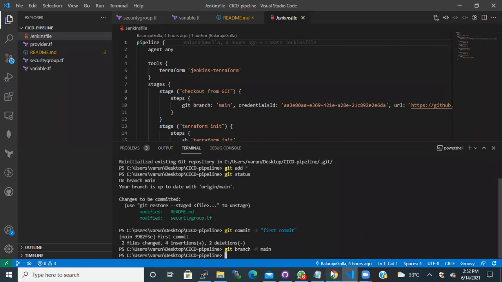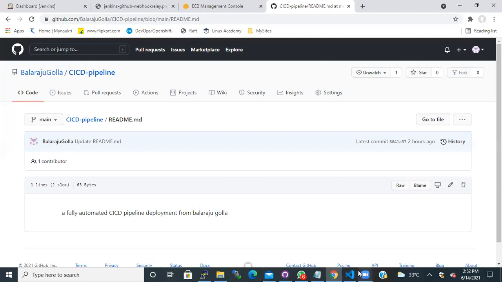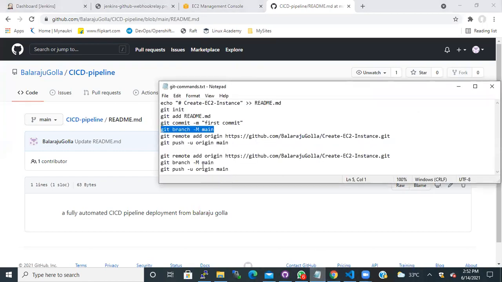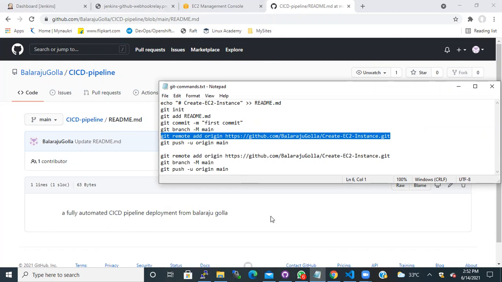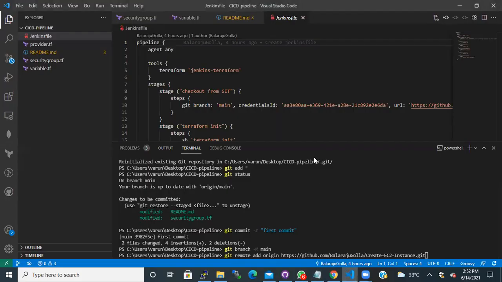In case you have different branches, you can also switch between the branches using this command. The next thing we need to do is add the remote GitHub. I've already added it, so this command is not really needed, but let me go ahead and do it for understanding purposes.